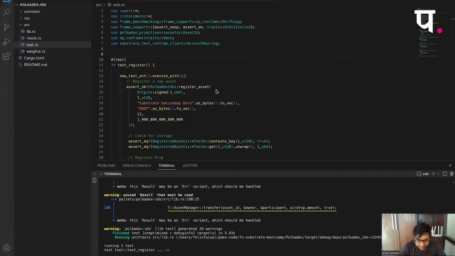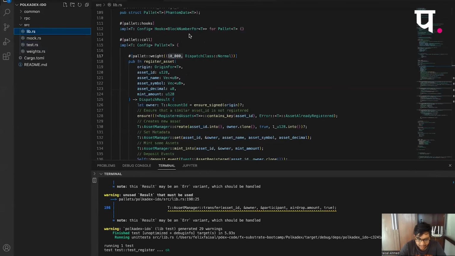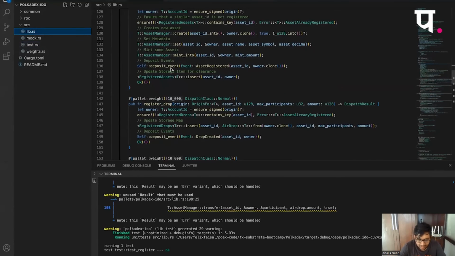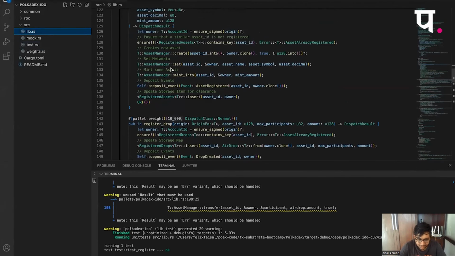Let's say if you say the weight is poor, then you don't really need to see the benchmark to see it, because if you're doing multiple reads and writes, that's bad code that you can spot in these 5-6 lines of code.